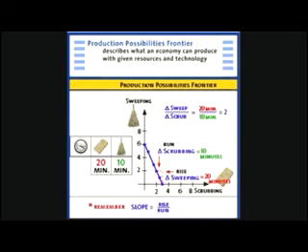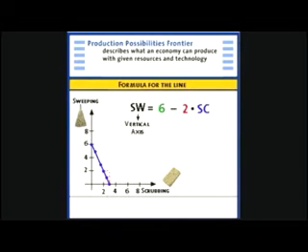We can describe it with an algebraic equation. In this case, the equation for this line is going to be, first of all, we have the variable on the vertical axis. So I can write this sweeping. That's the thing we're going to be describing with our line. Sweeping is going to be equal to, the next thing you do is write down the vertical intercept. 6 rooms swept. This is the maximum number of rooms that Bernie can sweep if he spends a full hour